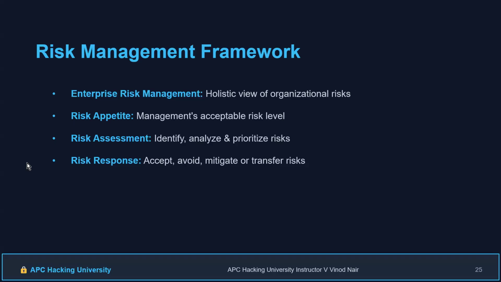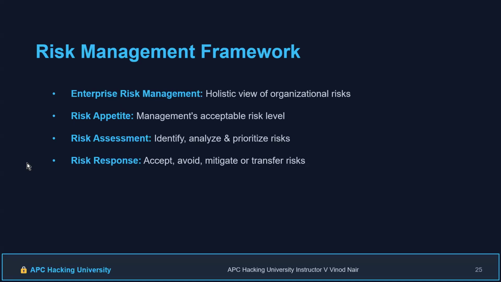So SOC 3 will be a complete audit for the organization, which will be performed by a CPA. Do you know what is CPA? Certified Public Accountant. Right. The CPA will be there because if anything goes wrong, they will catch hold of the CPA. How did they do the audit?